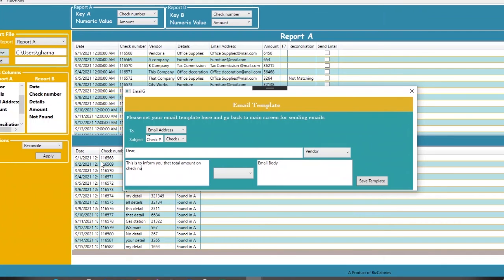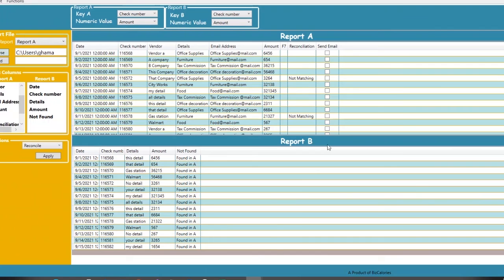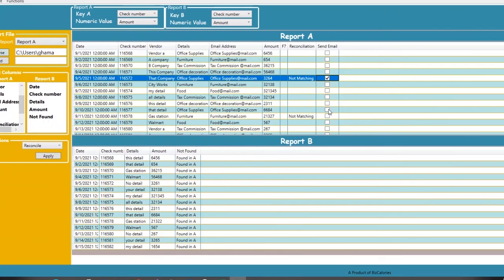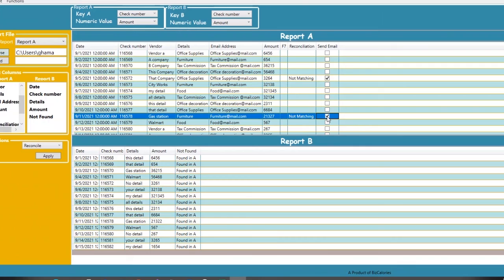total amount on check number, it should pick the check number, then was not correct, can you please just short. I mean, you can put anything, whatever you want, and I will click save template, and let's move it away from here. So now I'm selecting these two vendors, and I want to let them know, I want to send them email,